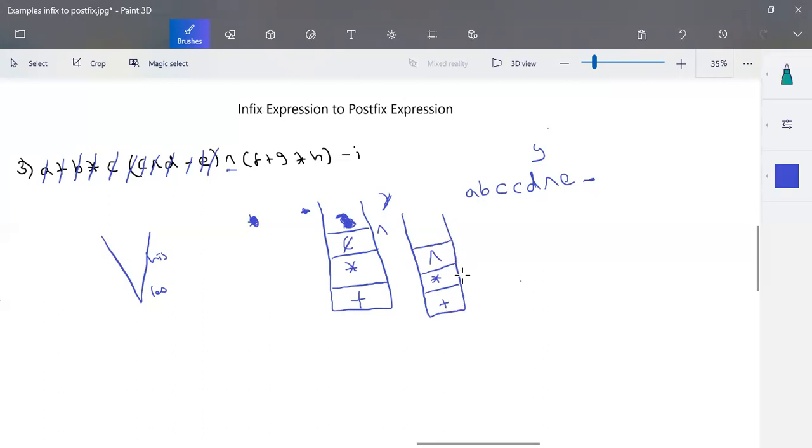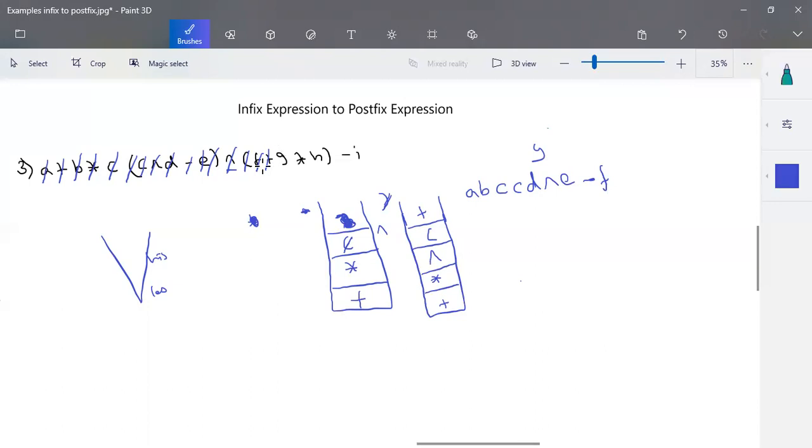Plus is lesser, and star is somewhat okay, and to the power of has the greater precedence. So it follows our upper triangular rule. So it is fine. The next element to be scanned is an open parenthesis, push it into the stack. Next is F. F is an operand, added to the postfix expression. And the next element to be scanned is plus. Any operator can be placed on the top of an open parenthesis, so plus can be placed on the top of the stack.